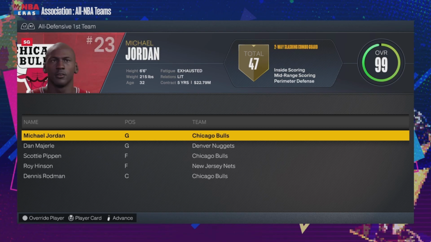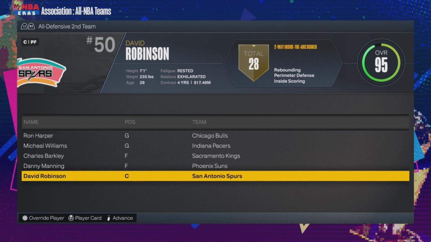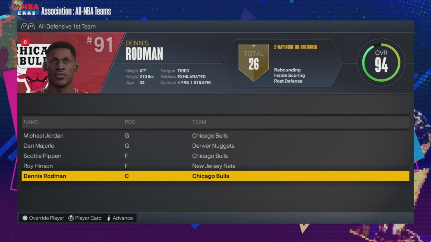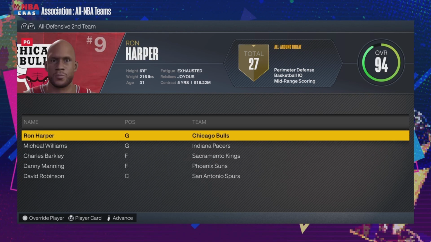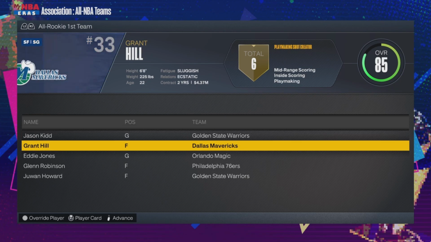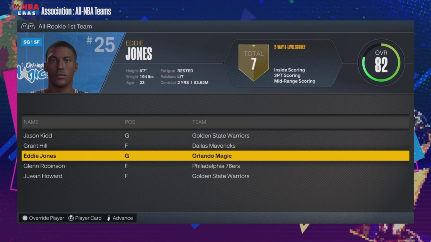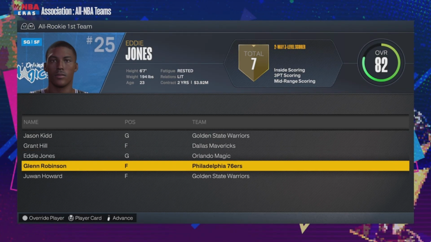Pretty cool. On the all-defensive first team, you got Rodman, Pippen, and Jordan. And you got Ron Harper on the all-defensive second team. So, I mean, it's an embarrassment of riches that the Bulls have. But we kind of expected that going into the season once those moves were made. And that's what the season was kind of about, seeing the Bulls truly dominating in a way that they weren't doing, even when they won those first two championships in the sim.